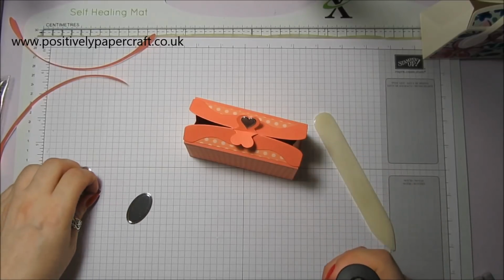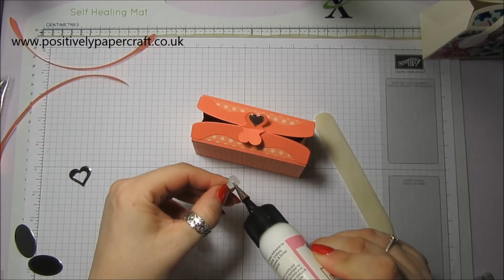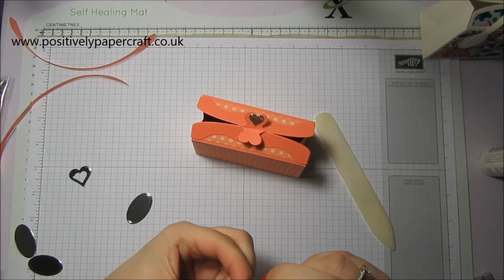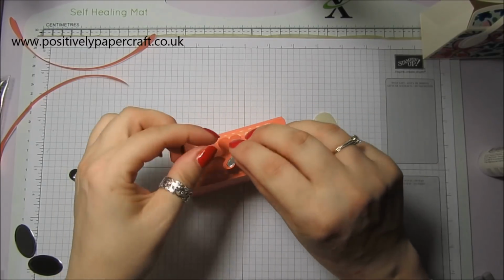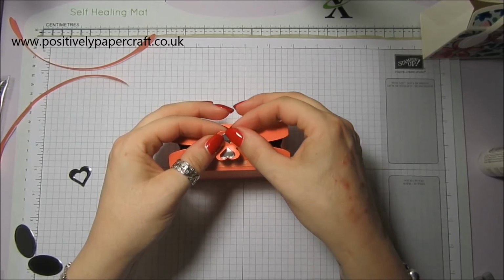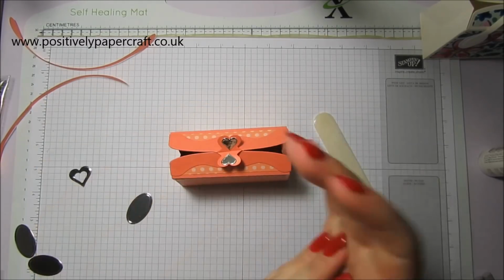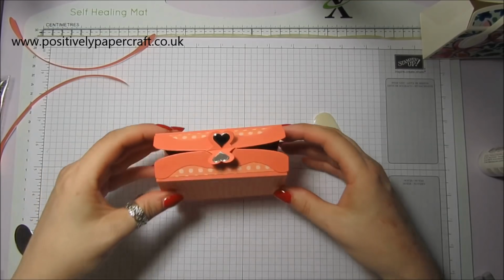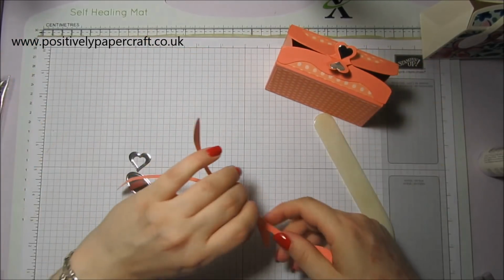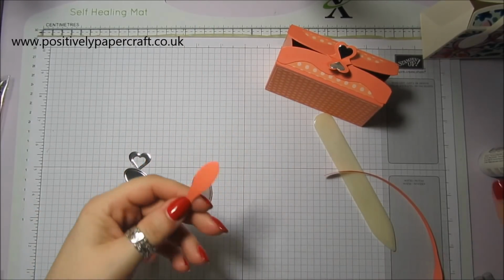Where's my other one? Yeah, that is just so sweet, and it does actually keep the bag closed, so I think that's a really cute little option to cut these two pieces out. Get this one straight. So there's the cute little hearts that I've put on. Now the handles, what I do is I take one of the handles and one of the little silver things,